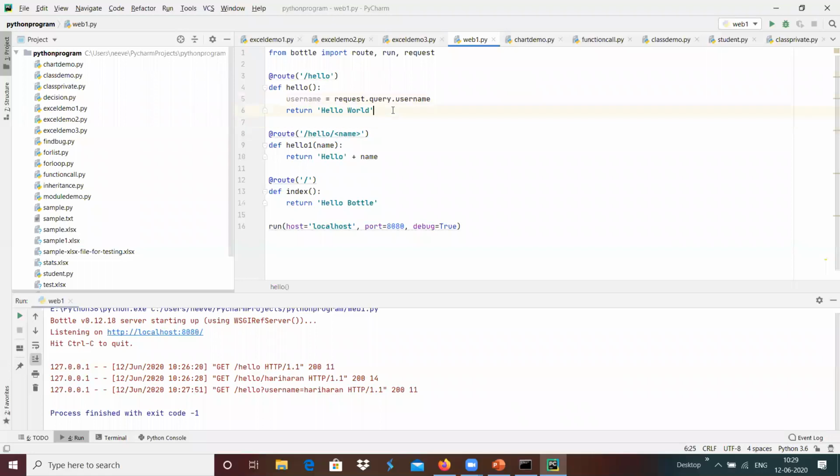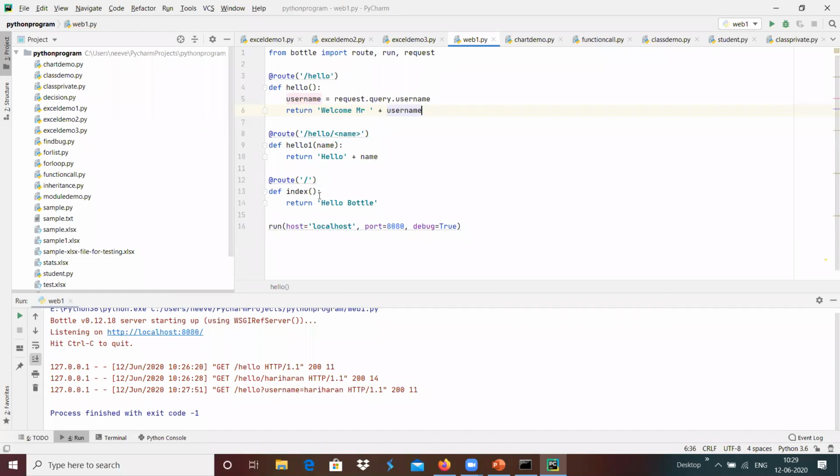Yeah, once it is done, instead of hello world, I'm going to change this to welcome Mr. plus username.